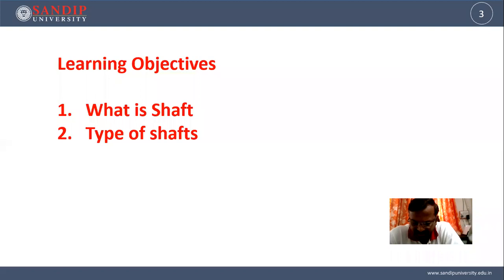Any other concept? Anybody else? What is shaft? Transmitting energy from one end to another end. Okay. Anybody else? Okay. Now let us go for the